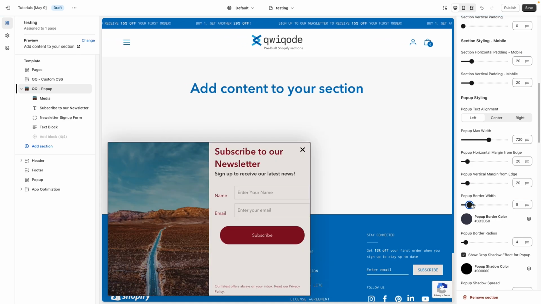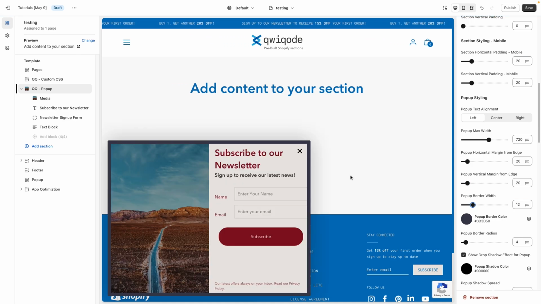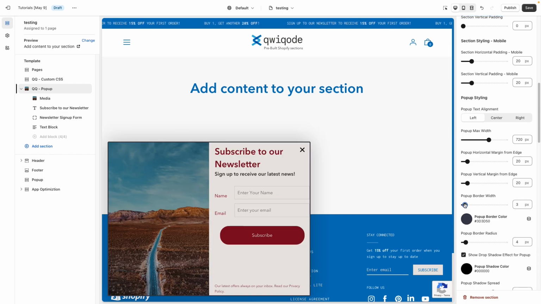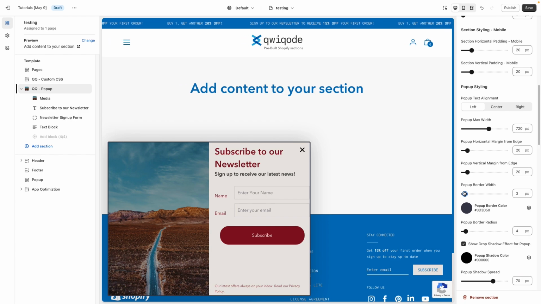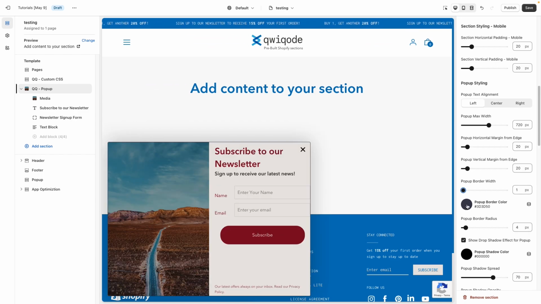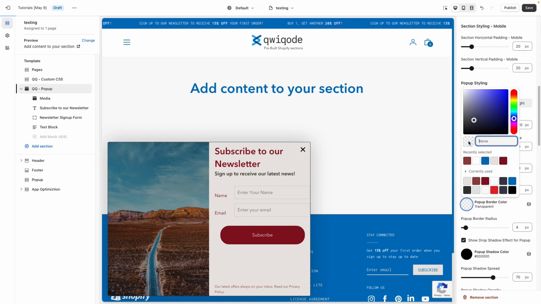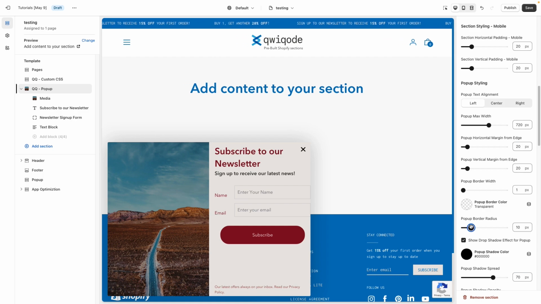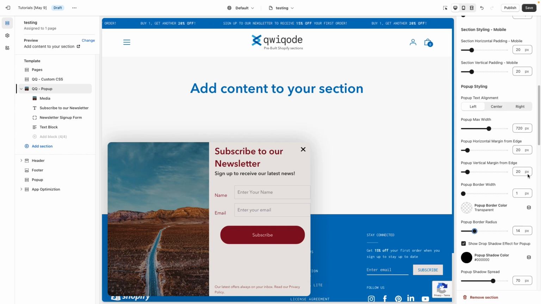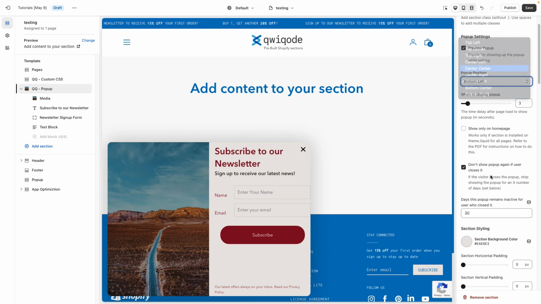Now you have the thickness of the border. Of course, if you put 0, no border, well, actually you have 1 here, but you can get rid of the color, and then you don't have a border at all. And you can increase the radius of it. Now, let's put this back into the center. It's a little bit easier